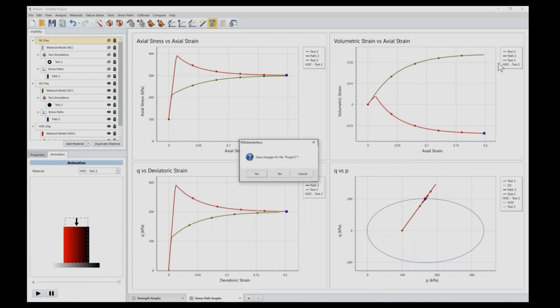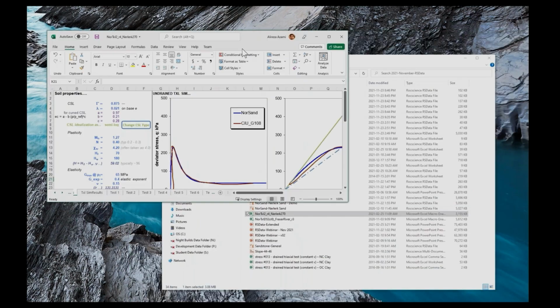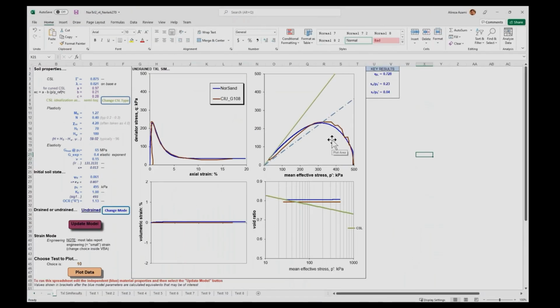Okay, close this one, and I will go for the other example that we have for sand, using the NorSand material model. The Excel file that I'm opening right now is the file that we received from Mike Jeffries. This one has his Visual Basic solution for the NorSand constitutive model, and in this particular file he is calibrating the properties for Nerlerk sand to capture the static liquefaction this sand has shown in an experimental lab